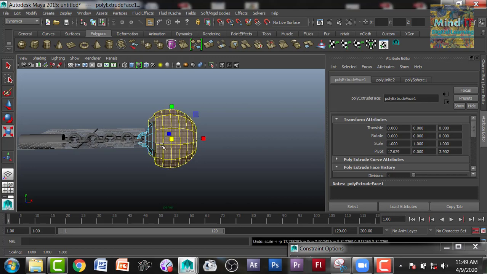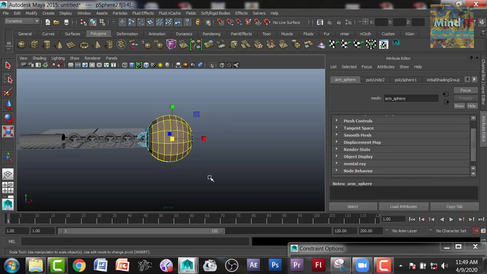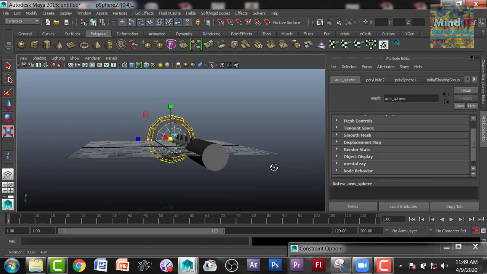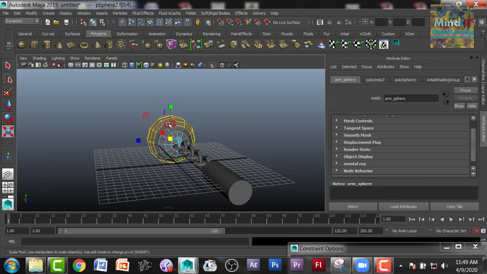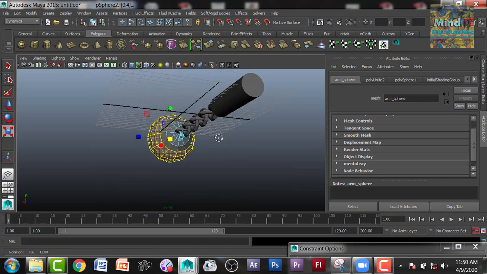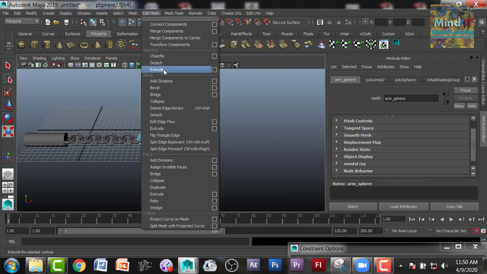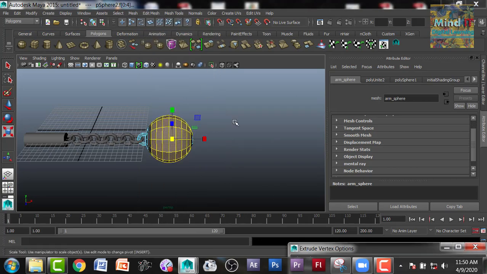So I am going to undo it and once again select the polygons and extrude the vertex. You will find spikes will be created by extruding the vertex.